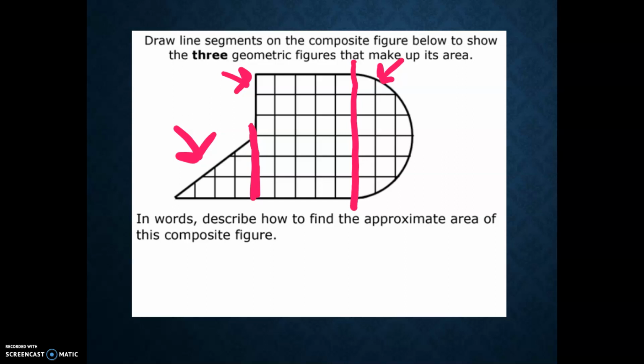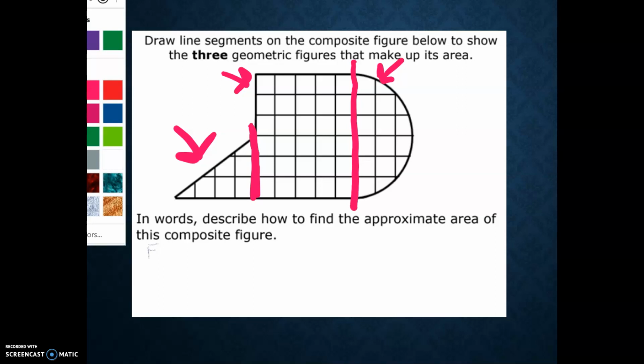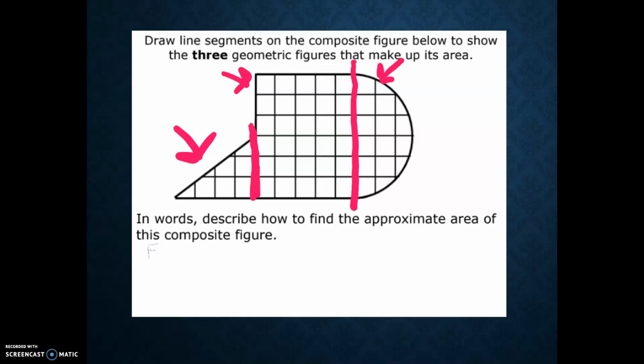And then just add them up. So where it says in words, describe how to find the approximate area of this composite figure, what you would do is find the area of each shape. Let me go ahead and change that. That's a little bit hard to read. Sorry about that. Let's go to a different color and try this one. Okay, so find the area